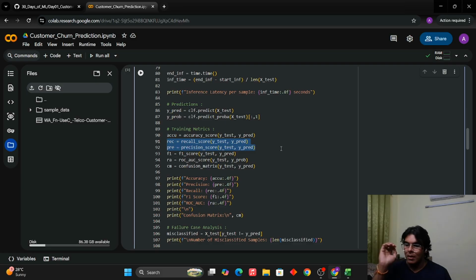Why? What is the mathematical formula of recall? Or better yet, let's think of this in terms of errors. Let's say my model predicts that 20 customers are not going to churn, or rather it says that five customers are going to churn. But in reality, 15 of them churn. Okay, so what happened there? Those values the model predicted as false negatives. So what's going to happen? Nothing. Those values are predicted wrongly, which means that the organization faces the loss for those 10 customers. That is extremely costly. That is one type of error a model can make.